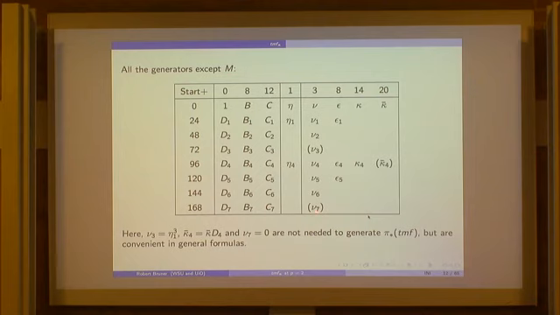Nu 7 is actually 0. But again, it's useful to have nu 7 in general formulas. Also, this kappa 4 bar is actually kappa bar times d4. So you don't really need it to generate, but again, it's nice to have it in general formulas. So those are the, if you eliminate the ones that have parentheses around them, it's a minimal set of generators for the homotopy